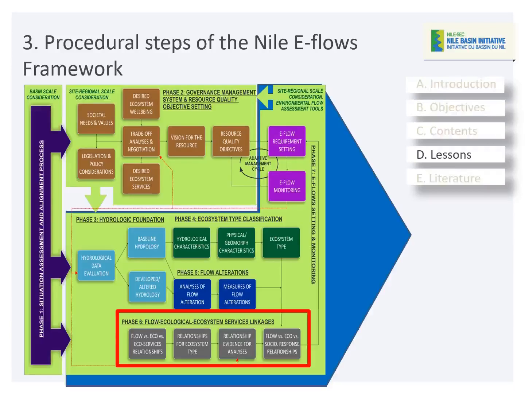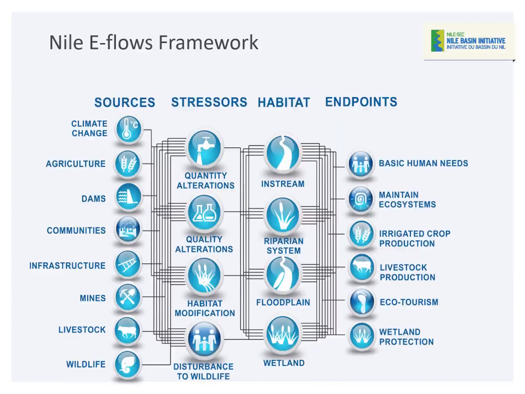Okay, then we move on to flow ecological ecosystem service relationships. And the idea here, and this is an extract from a ProbFlow risk pathway understanding or conceptual model, is that we've considered relationships between sources, stresses, habitats, and endpoints. We know that in terms of developments or changes in flows and non-flow variables, for example, associated